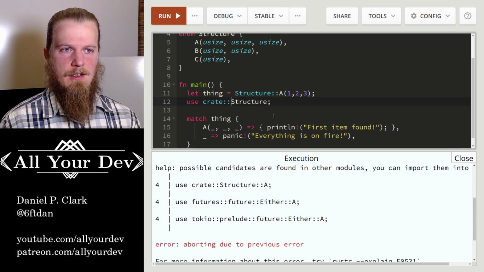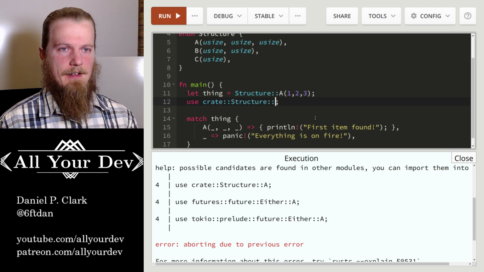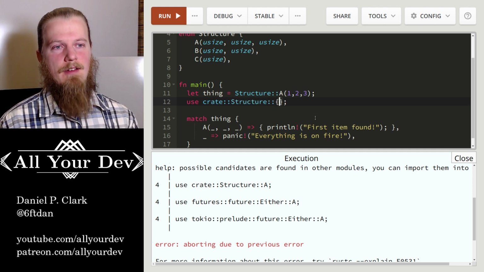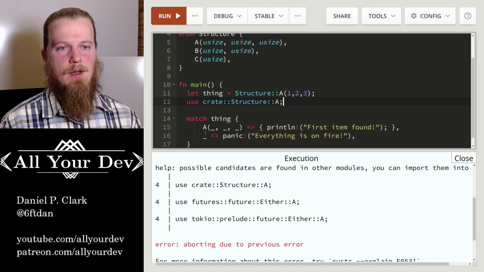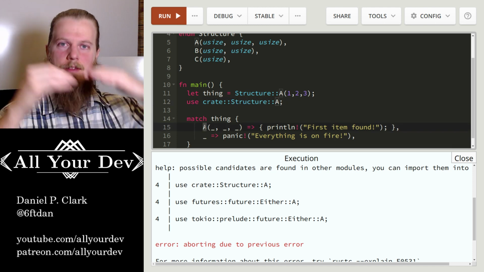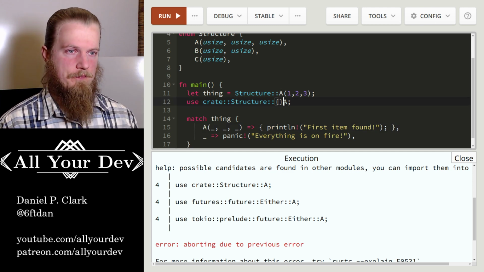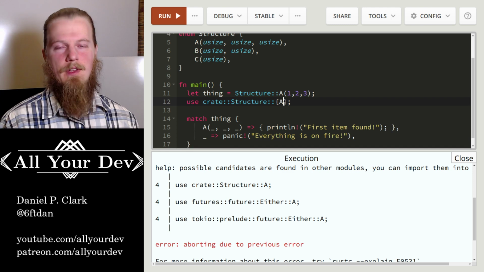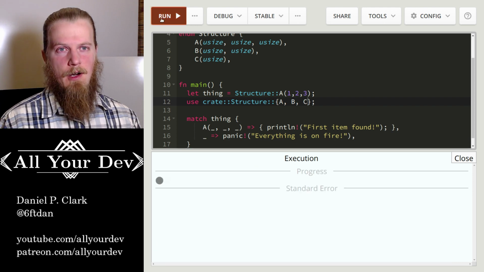Structure A. Oh, okay. Got it. So we want to have at least A here like this. This is what they're asking for. So we're using this so A is publicly available to us to use within the scope of the code we're doing. But I'm going to go ahead and put them all in here with the mustaches or curly braces. We'll do A, B, and C. Now if I run it,